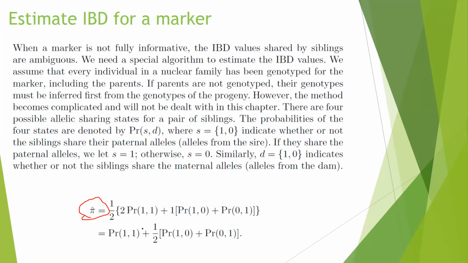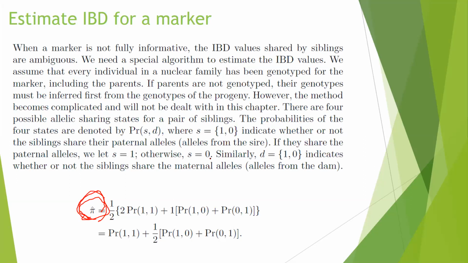So for some loci between markers, you do not have to observe the genomic data, the genotype data. You have to infer that. So in that case, you have to estimate these IBD values at any unknown genomic loci. Is that clear? So we can use this to calculate the expected value for the IBD value when we analyze this full sib family data.